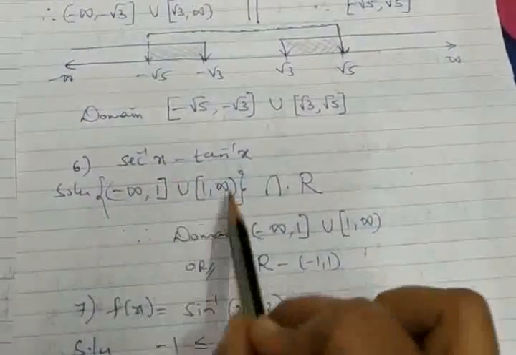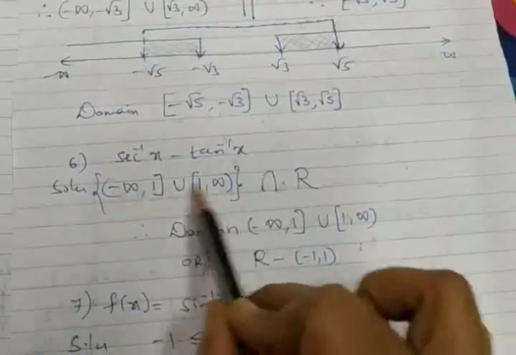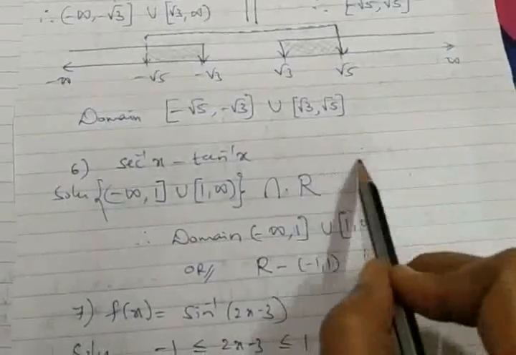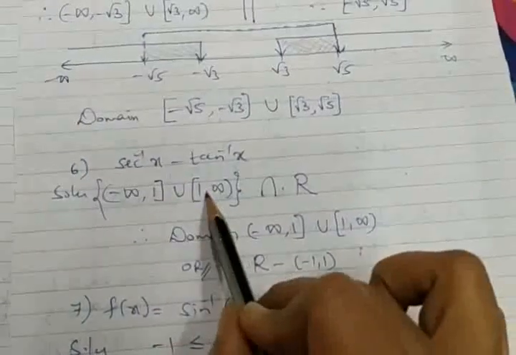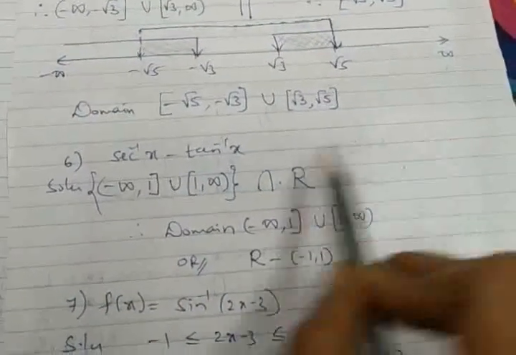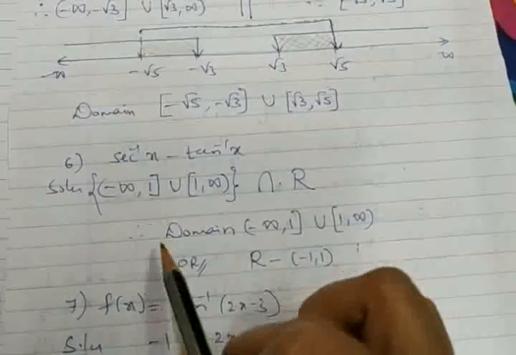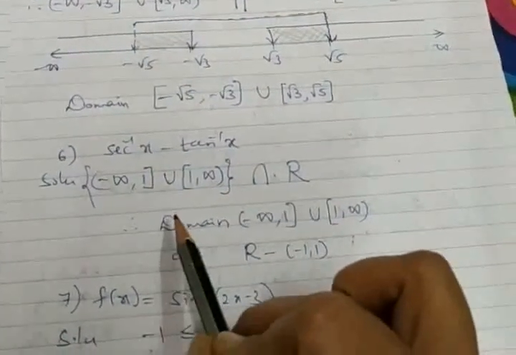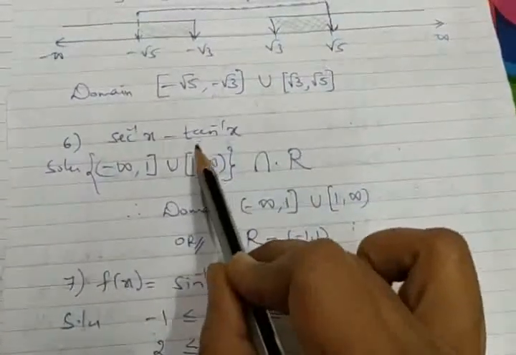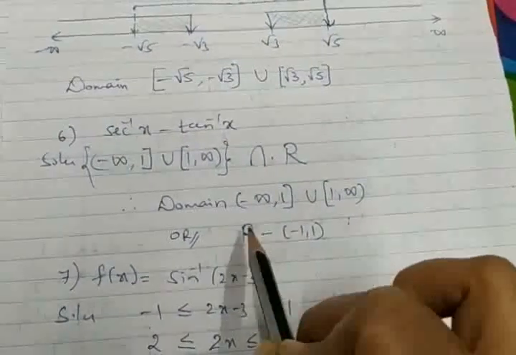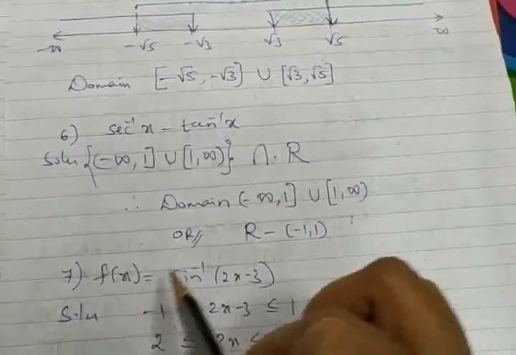This is the common domain, and I have chosen here minus infinity comma minus 1 union 1 comma infinity as the common domain. From the real numbers, they have said to leave out what lies between minus 1 and plus 1 in this domain. So the common part for both is this only. This number line should be in front of your eyes, then easily you can wind up. So finally I conclude here: the domain for this function, x should be chosen for all real numbers except the open interval minus 1 comma plus 1.